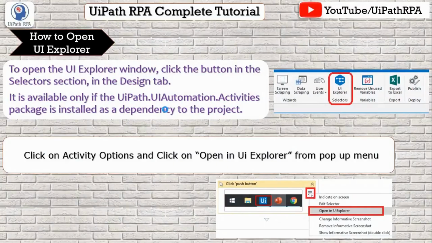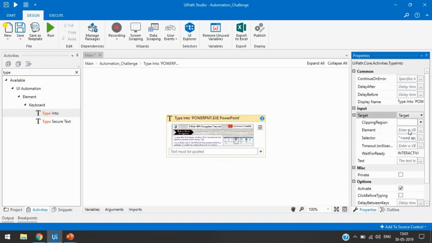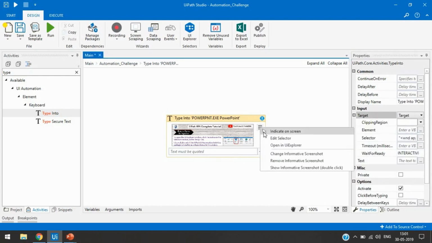Let me indicate here. After generating the selector in the target section, we now get the options to edit the selector, indicate on screen, open in UI Explorer, change the screenshot, remove the screenshot and show the screenshot. From here you can click on Open in UI Explorer and then we can open the UI Explorer window.